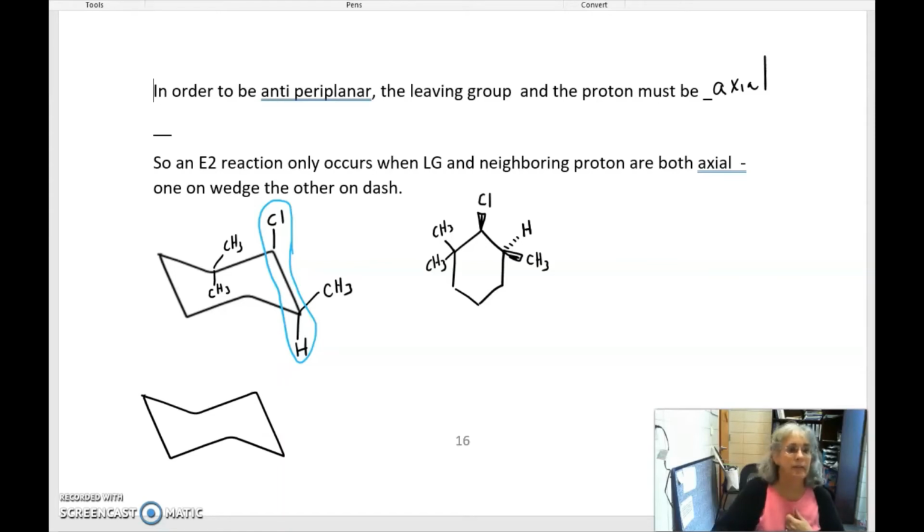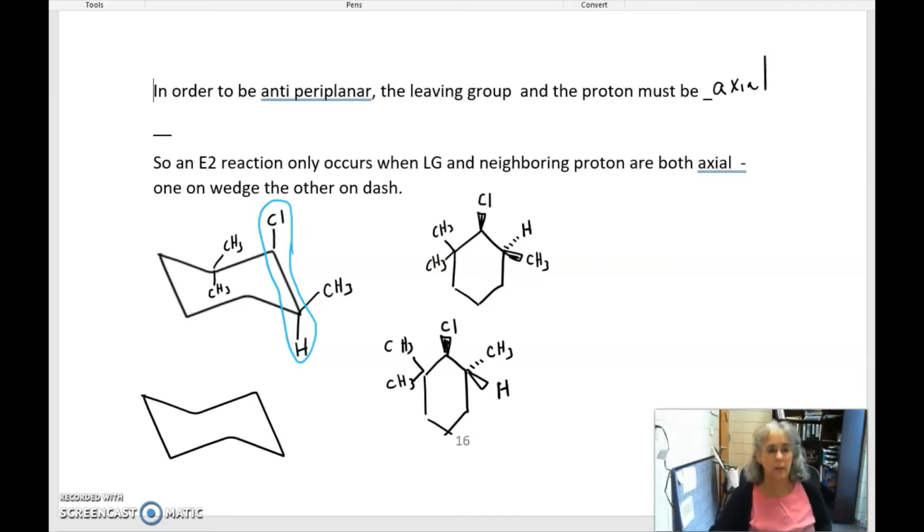Now, if I have a wedge and dash, and I've put my chlorine up, this time I'm going to put the methyl group on a dash, and this hydrogen on a wedge. This is my hydrogen, and we'll just block this with CH3, CH3, just to block it so we can't go that direction. If we translate this to this diagram,